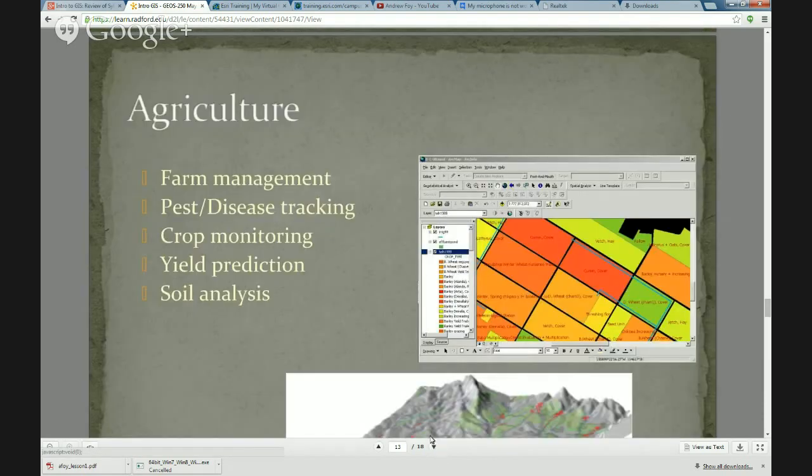Just to talk about a couple of these examples, if we move into agriculture, we can see that people are using it to manage farms. Maybe they're planning what crops to plant or how they're going to rotate crops. They're using GIS to track disease and pests. Some of you guys might have actually seen the purple boxes that are hanging near